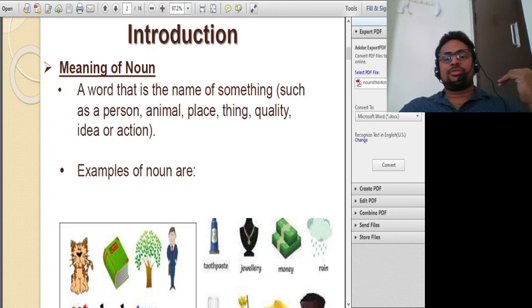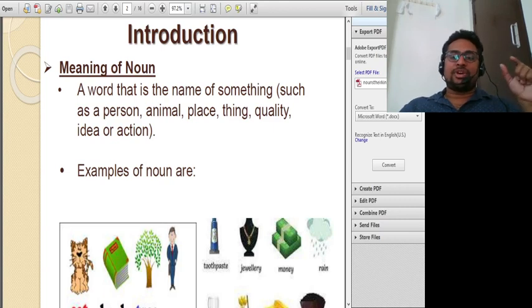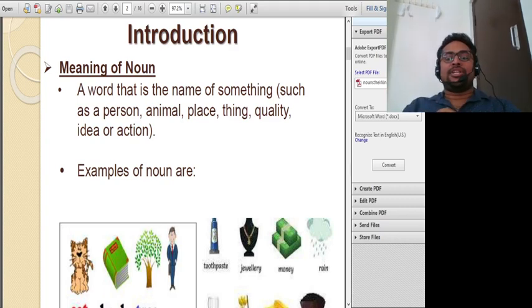And common noun. A common noun denotes a group of persons. For example, father. We have many fathers in the world, but if I mention a particular name, for example, my father's name is Poshetti, then father is a common noun and Poshetti is a proper noun. For example, Ashoka is a great king. Ashoka becomes a proper noun and king becomes a common noun.